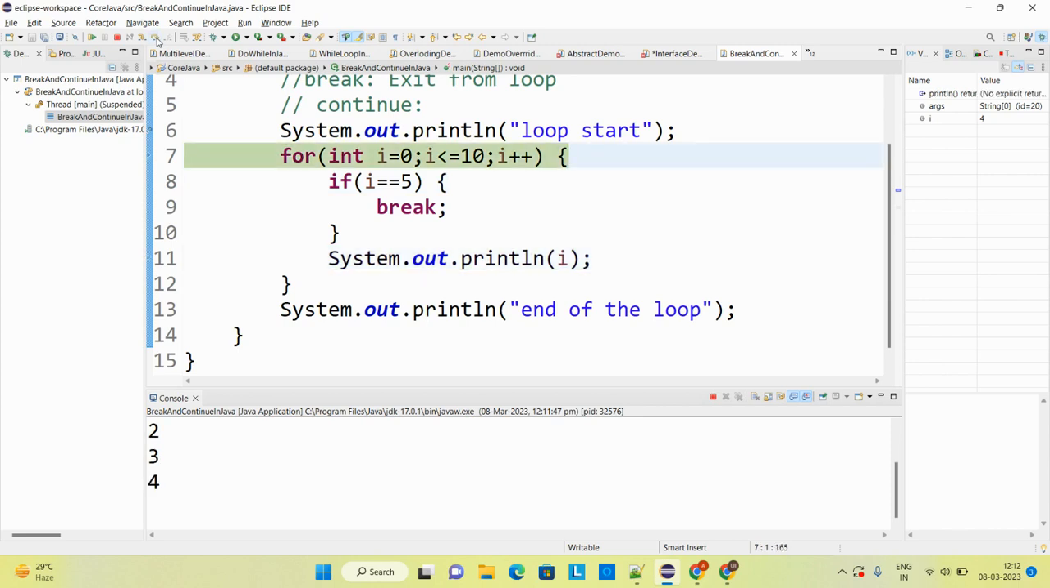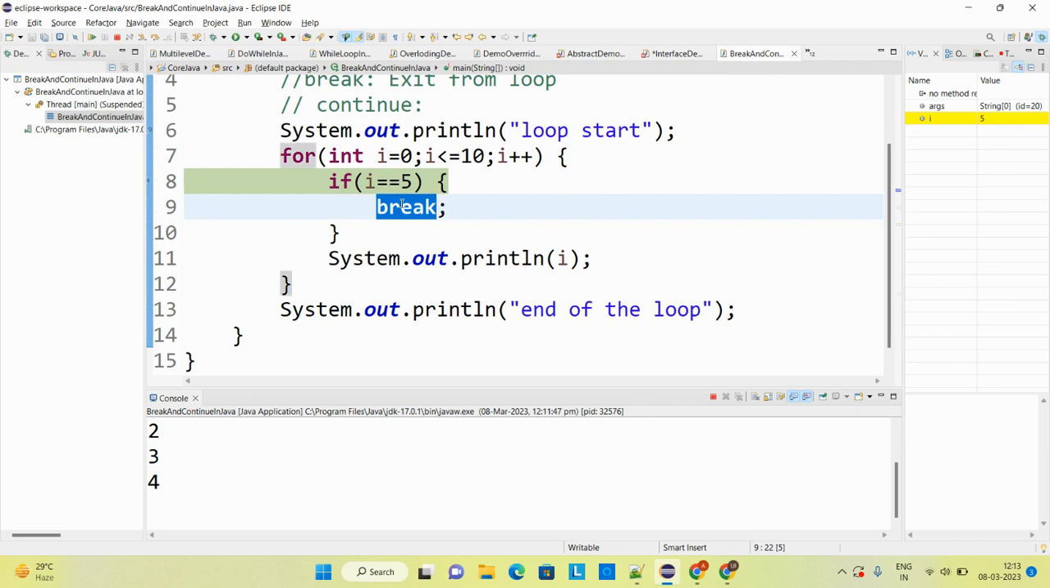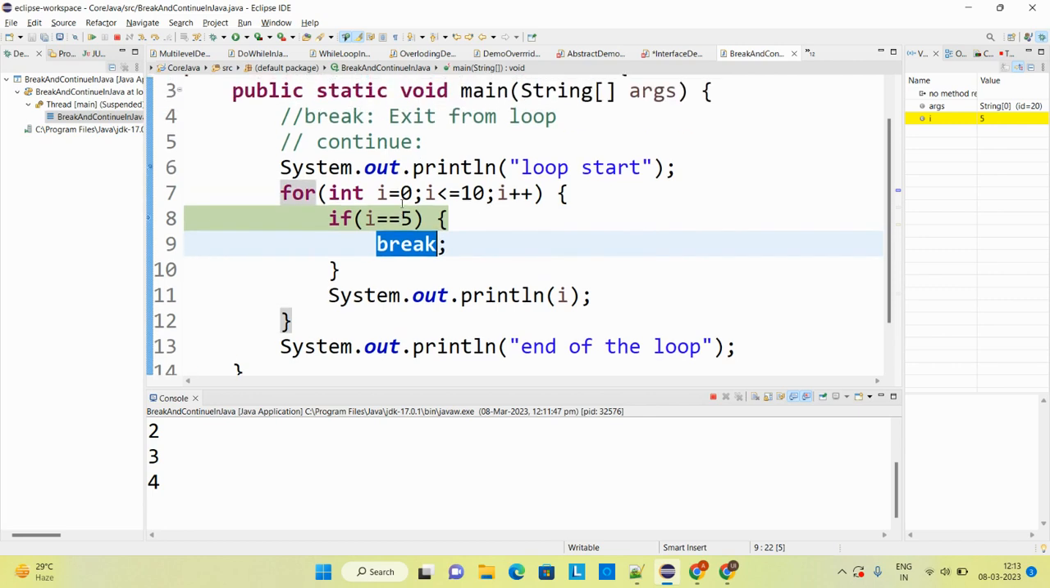Now if you see, the value of I is 5, so it will check whether 5 is equal to 5. In this case, the condition will be true, so it will go inside the if block and execute the break statement. Now what I said is, if it executes the break statement, it completely exits